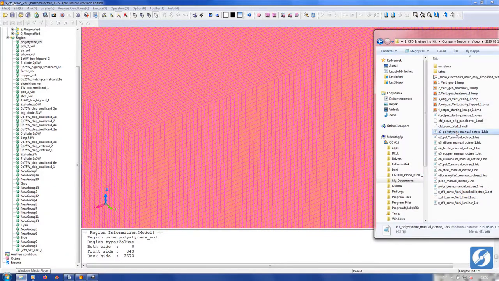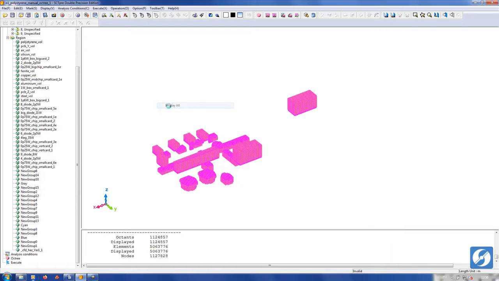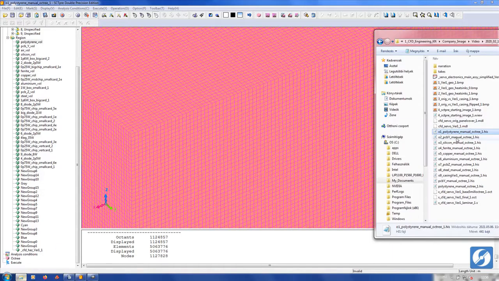supposing that I will have the same material group or region name as the log file is based on. Here is all the mesh refinement logs applied, one by one, to the 5 million base mesh again to show you how fast it will be for the next design change now that I have these log files.